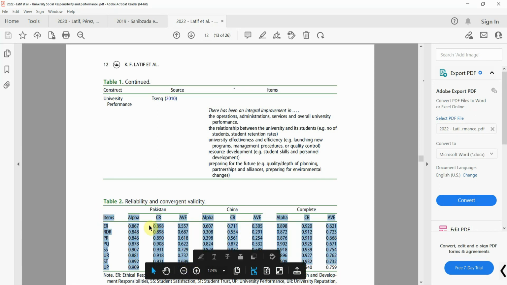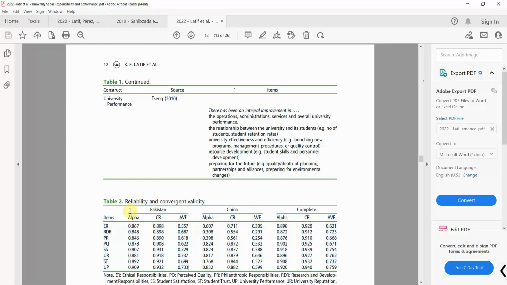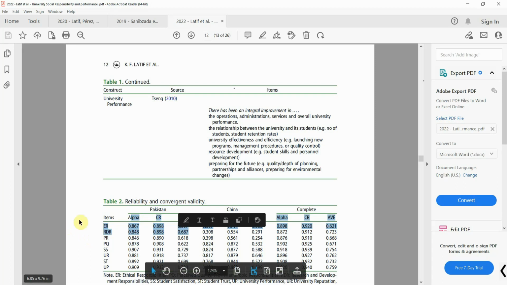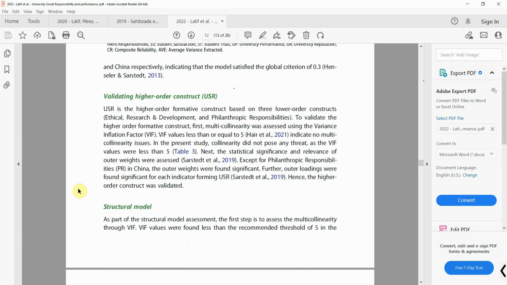Now in this case, the study was done in 2 countries. So I've got a table with the sample from Pakistan, China, and complete, and for each sample I've got its alpha, CR, and AVE. You can have your loadings as well. Now moving on, after reliability and validity, since you have now validated the lower order constructs,